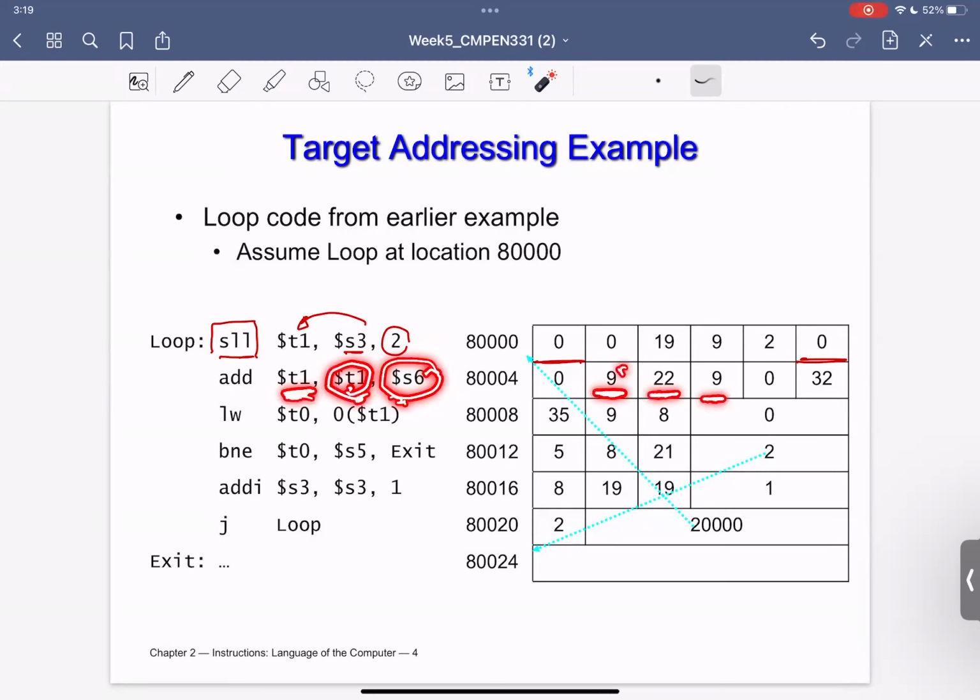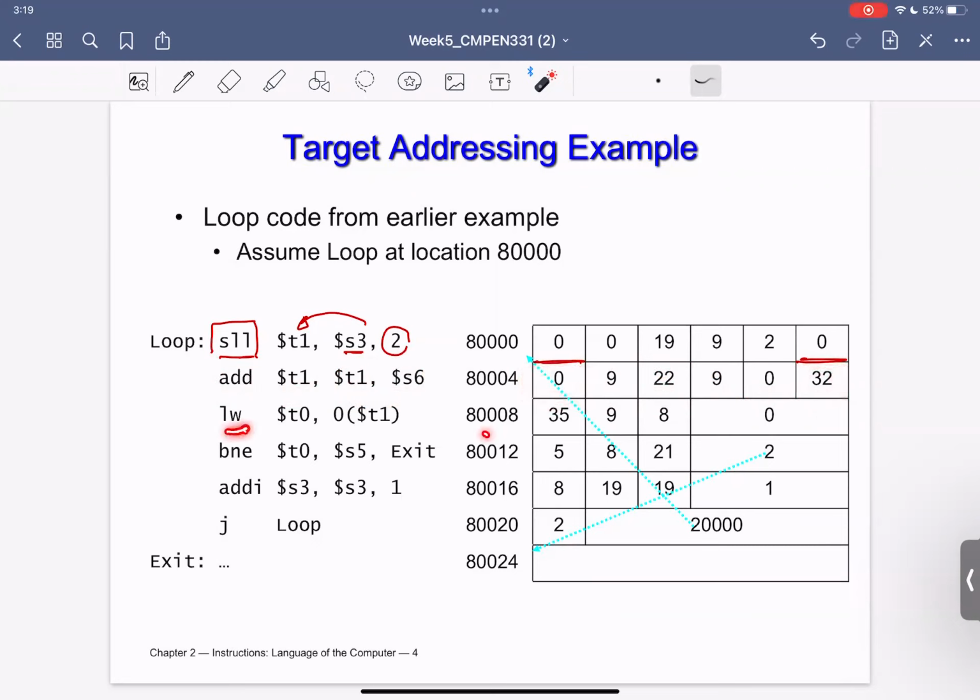If you recall, this is RS, RT, RD, as we mentioned. So now we filled all of these fields. There is no shift amount, so I don't use that at all. But as soon as I have an add, I will go to the opcode. This is an R type, so I know that it is 0, and I will also find in the table that the function is 32.